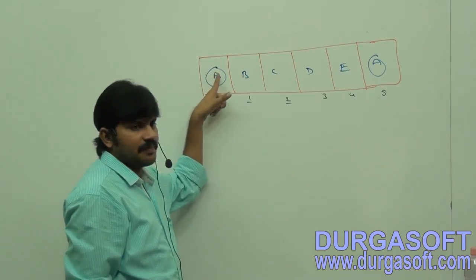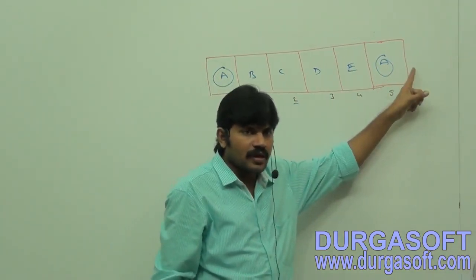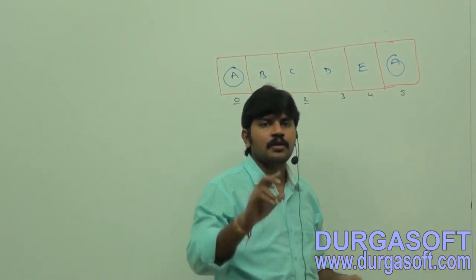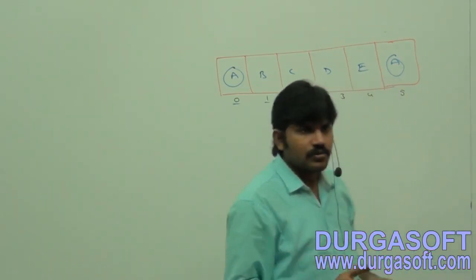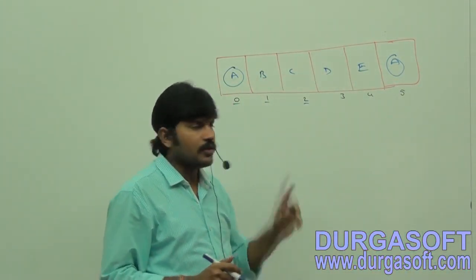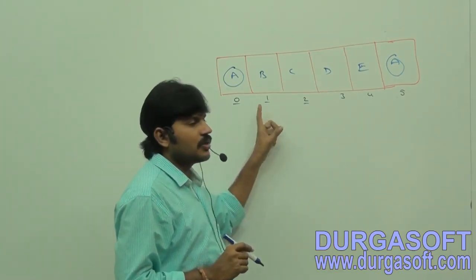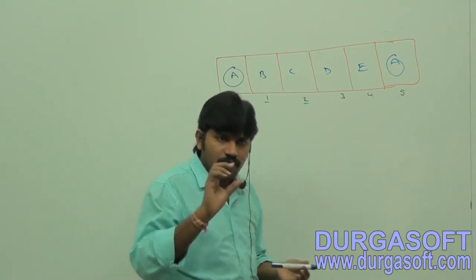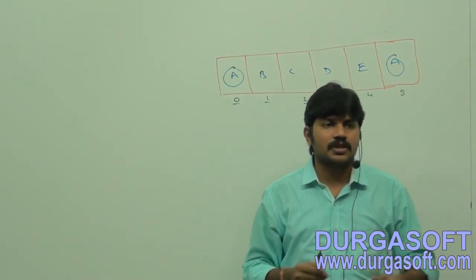This is locating at the 0th index. This is the A locating at the 5th index, right? That's why we can differentiate duplicate objects by using index. Is it clear for all of you? So insertion order is preserved via index, and we can differentiate duplicate objects by using index.